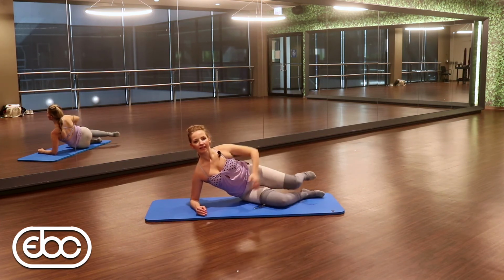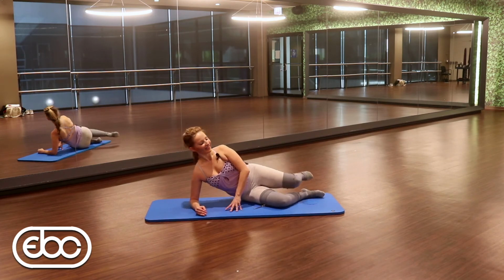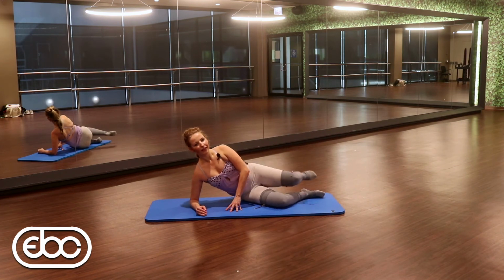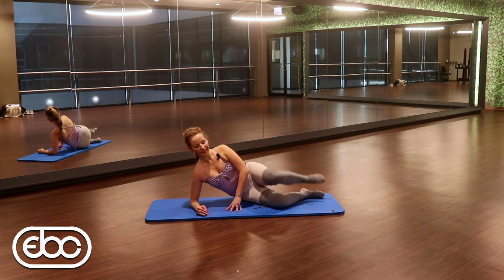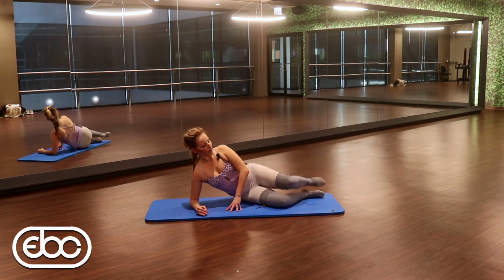Waistline is lifted, obliques are active, your mind is focused, you remember how good it felt on that one side. We're gonna erase that circle and reverse that circle. Here we go. Keep breathing,